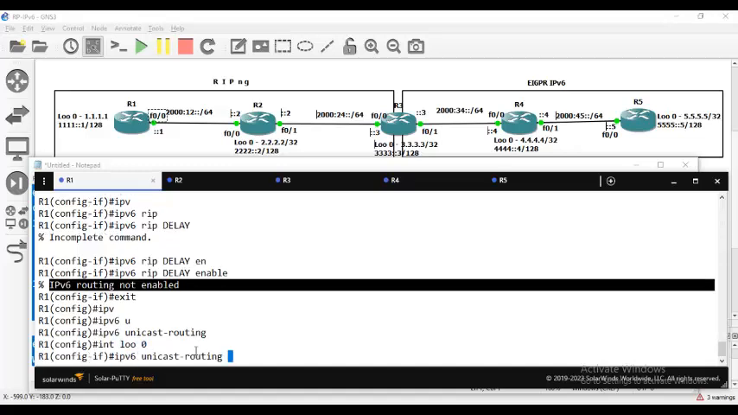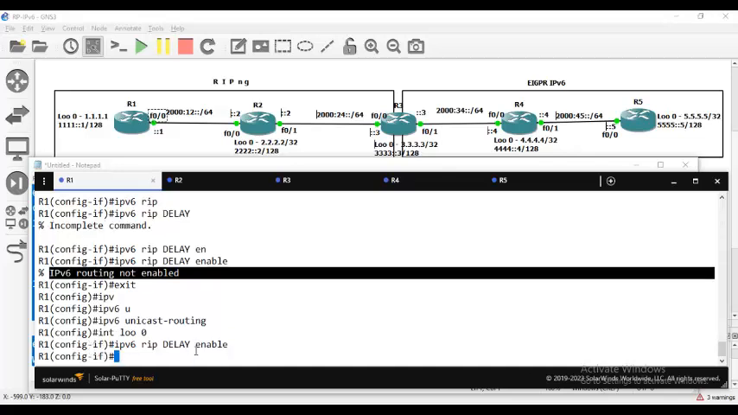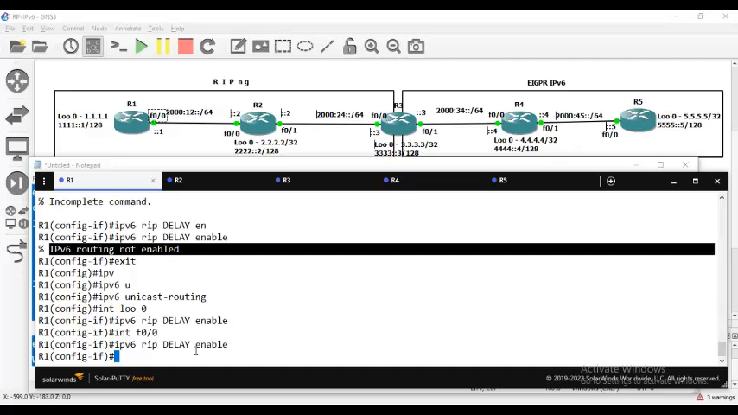Done. This time no error message. Likewise, I have also enabled RIP on F00. See how easy it is to enable IPv6 RIP. You don't need to go to the global mode. But if you are redistributing, then you have to go to the